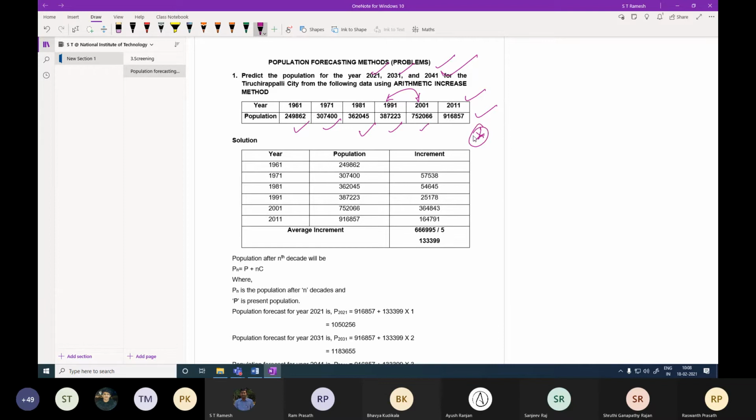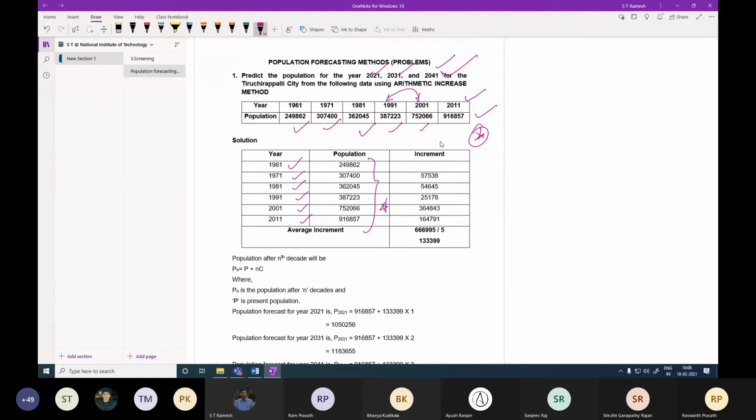This data you just collect from your database. Take it from your city and have it with you, and after the discussion you can post it as an activity. Is it fine? Rashwant, you can interact with me faster. Yes. Then we can go. So very simple: the 1961, 71, 81, 91, 2001 and 2011 data is taken from the Census of India government site or from local authorities, and it has been plotted like this.